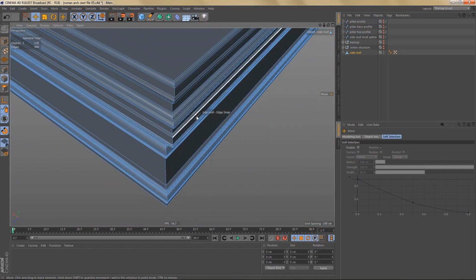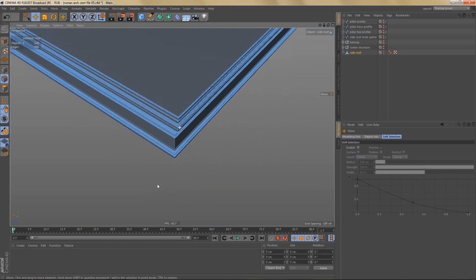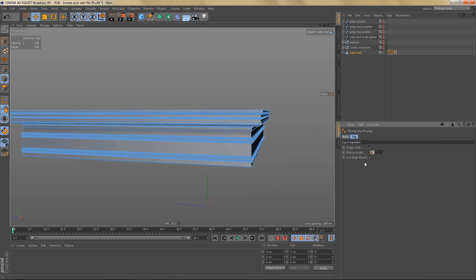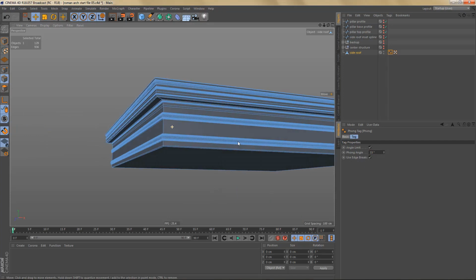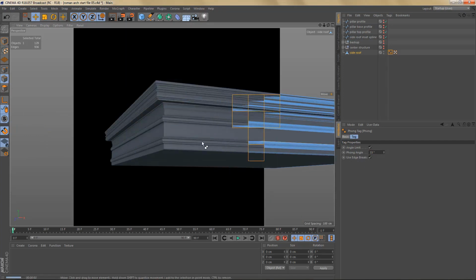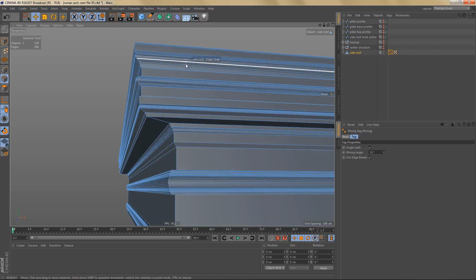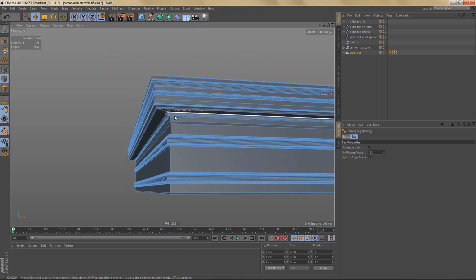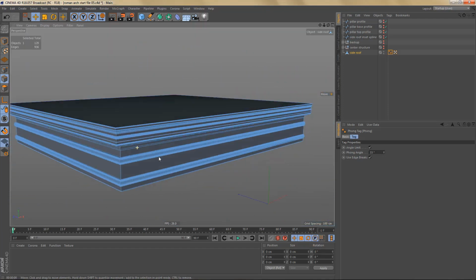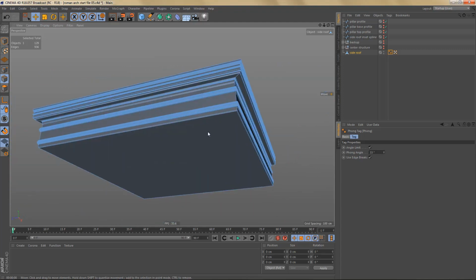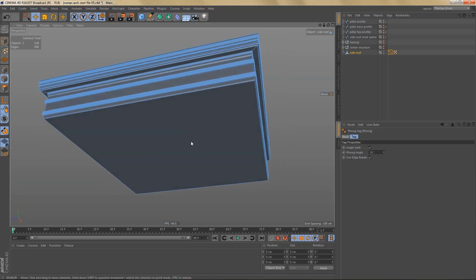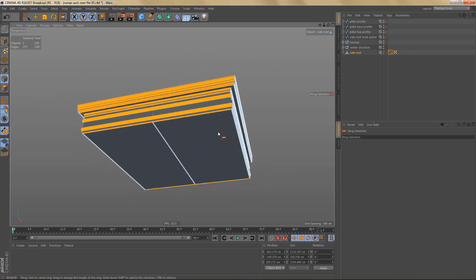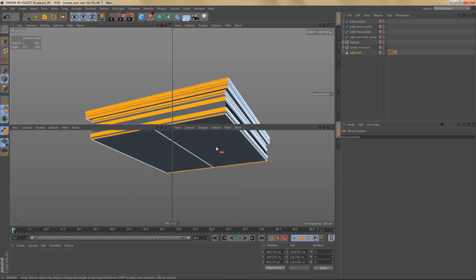So I'm going to deselect everything and optimize the object. And let's see if we can bring that Phong angle down to 33 without messing up the shape. Okay, that does look alright. Now I also want to add a little bit of detail on the ceiling down here, and in order to do that I'm going to ring select these edges and connect them. And then before I do anything else,